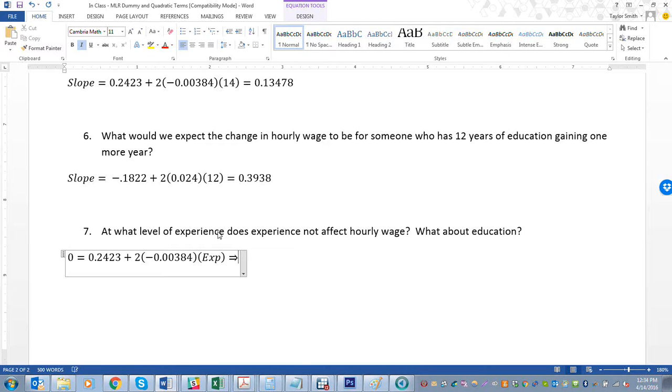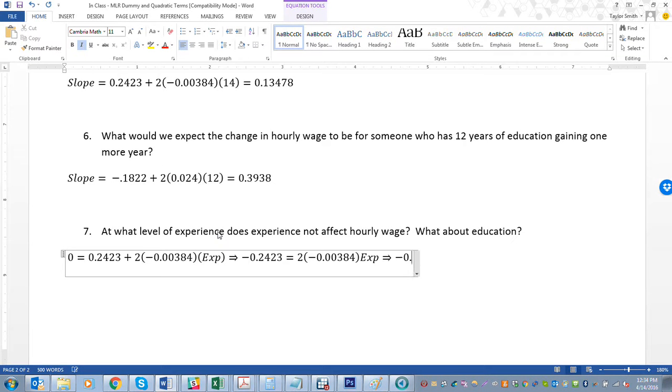What that leads us to then is negative 0.2423 is equal to 2 times negative 0.00384 times experience. Okay, so then what do we do? Well, we want to solve that, again, to get experience by itself. So we're going to divide both sides by 2 times the negative 0.00384. So get our right arrow again here. What that leads us to is then